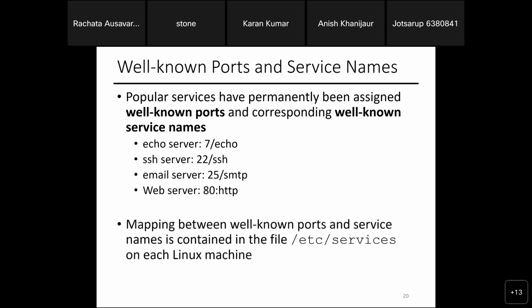The mapping between the well-known port and the service name is contained in the file /etc/services on a Linux machine. So I can change the mapping. If I'm root, I can go into the file and change the mapping. What are some of the possibilities? For example, one quick thing I can do to SSH, if I want to avoid people trying to hack into my server using port 22 because it's the known SSH port, I'll assign some random unknown port. So when they try to connect, they need to know it's going to that port rather than guess.